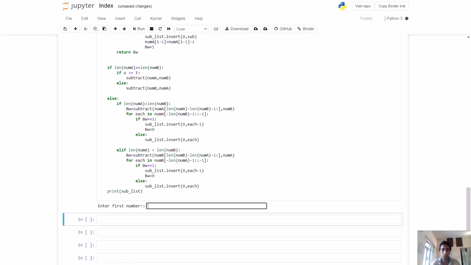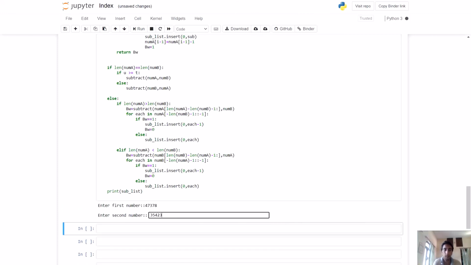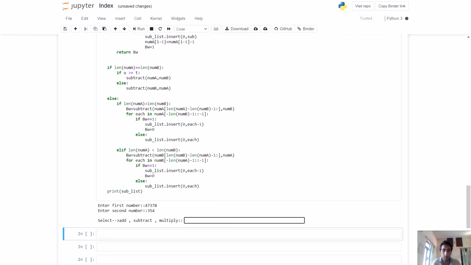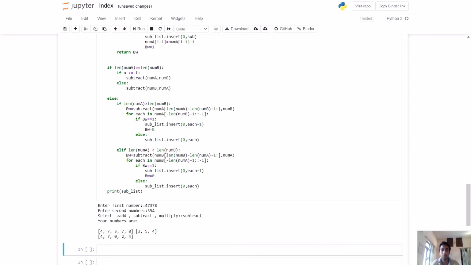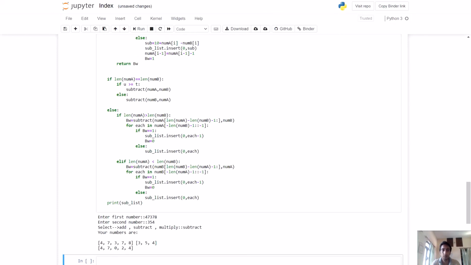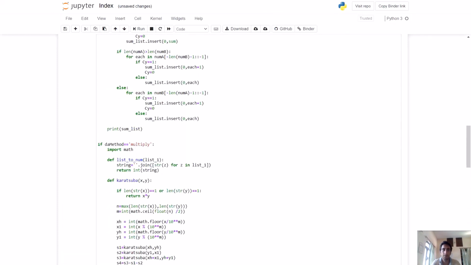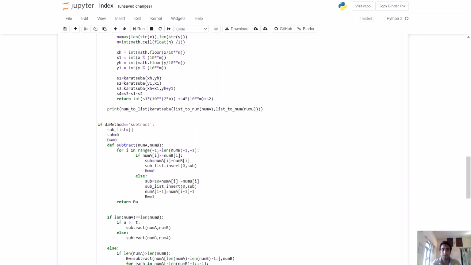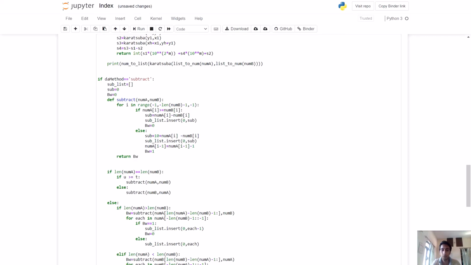So now the subtraction module, the first number is like 43478, and this one, let's say unequal, right? And subtract. So this is the subtraction, right? So this way we can do this one. Okay, I hope this is clear to you. So that's all for this